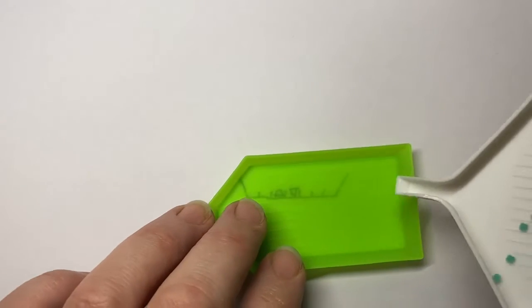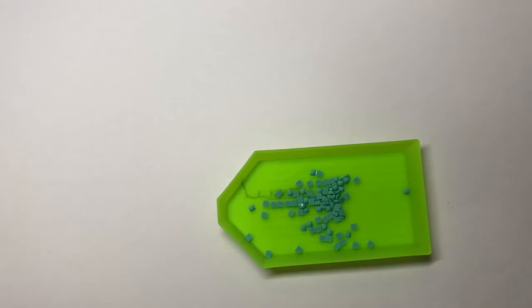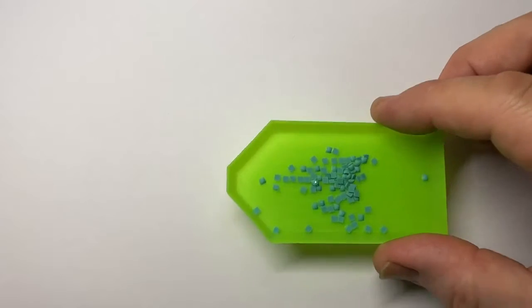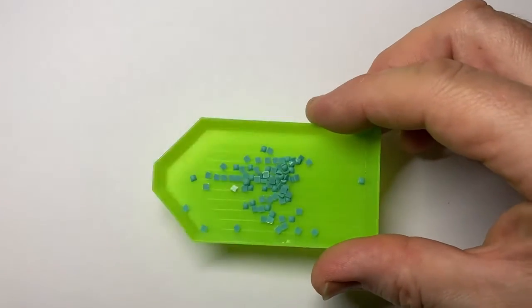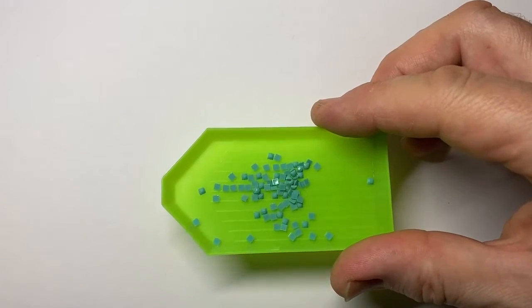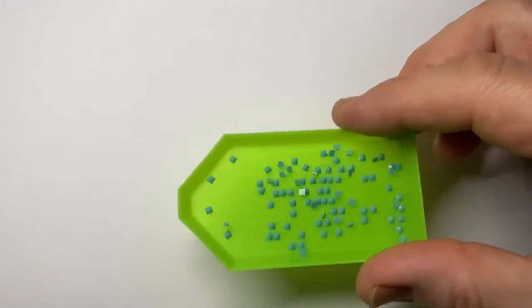So if I pull these back out again and pour them back in, it is important that you don't overfill the tray, because you need to get the drills to spread out. So you can see, I don't know, probably most of them are upside down. So give it a little shake,